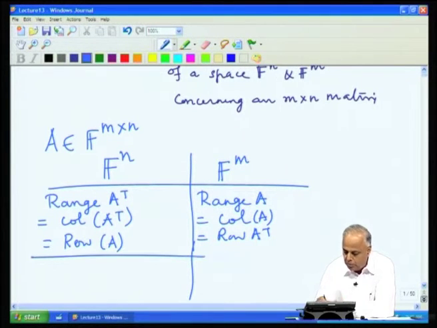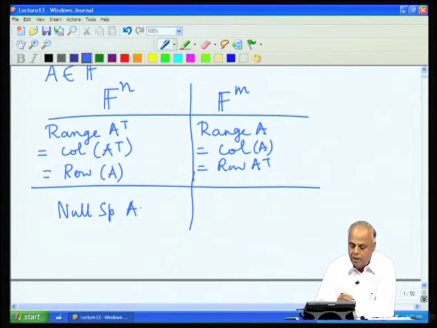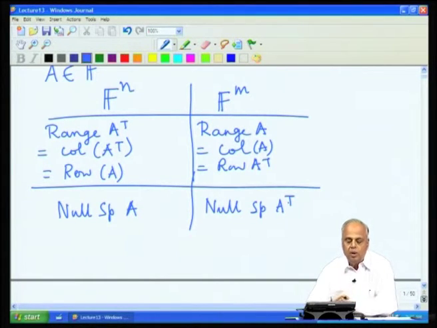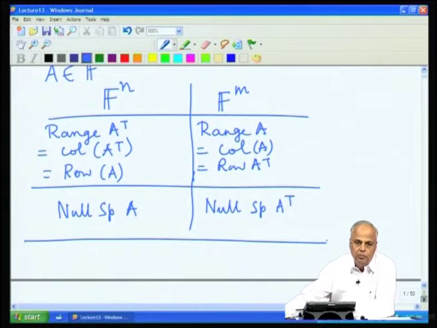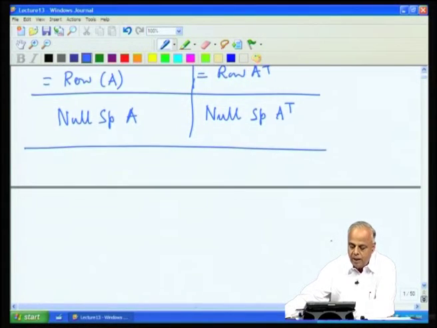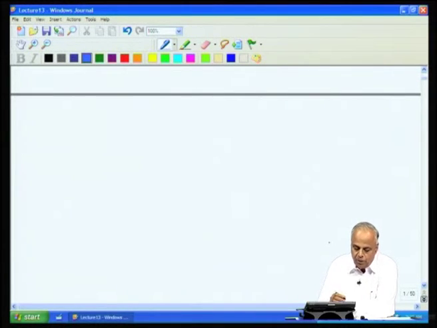So, this is the first subspace on either side, and then the second subspace we had was the null space of A on the F^n side and the null space of A transpose on the F^m side. So, these are the 4 important subspaces associated with a matrix A, and most of the analysis to answer our questions depends on the analysis of these 4 subspaces. In order to develop the analysis, we should first develop some machinery or some techniques in the idea of vector spaces. To this end, we shall first look at the notion of the subspace